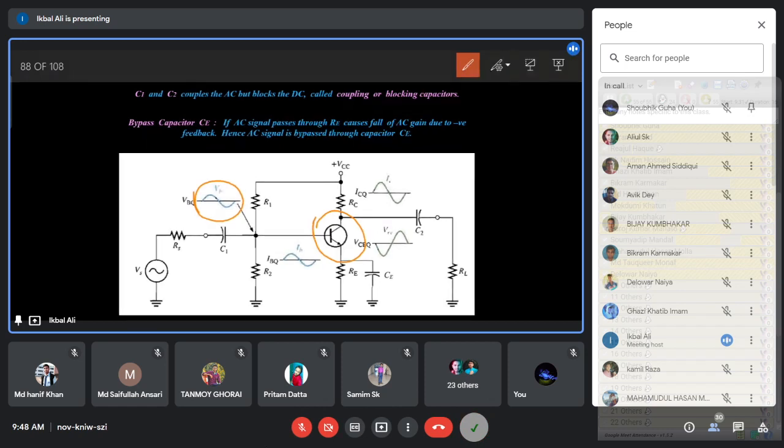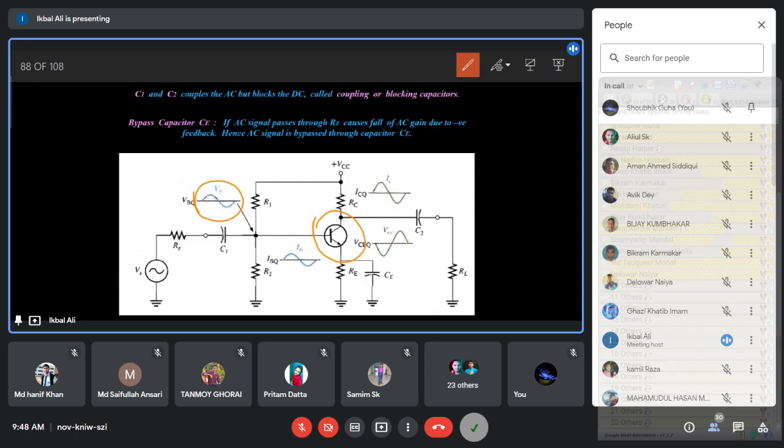On any complicated nonlinear curve, a small portion of that curve is a straight line. If that is a straight line, then whatever the input is, at the output you will get the slope of that portion of the straight line multiplied by the input. So you will get an exactly similar output signal. That is why these amplifiers are called small signal amplifiers. Why is it small? Because you don't want any distortion in the signal.